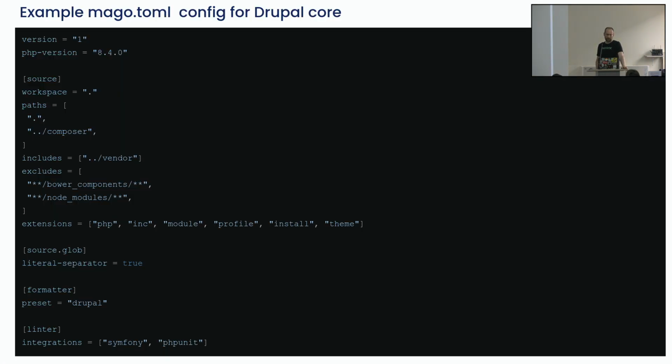How does the configuration look like? These tools are all very similar, so we have seen this pattern before. You define where the workspace is, what kind of paths you want to check. This is an example for Drupal core. You say, includes is important to say we need to check the vendor directory to build the abstract syntax tree. So it uses the code from the vendor